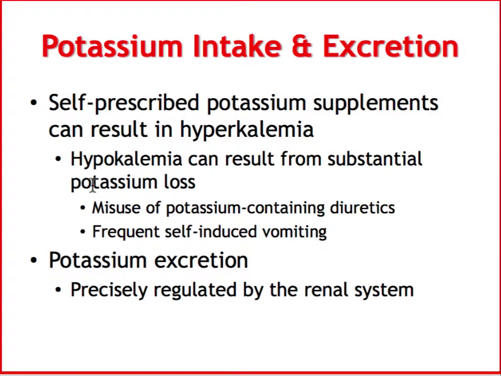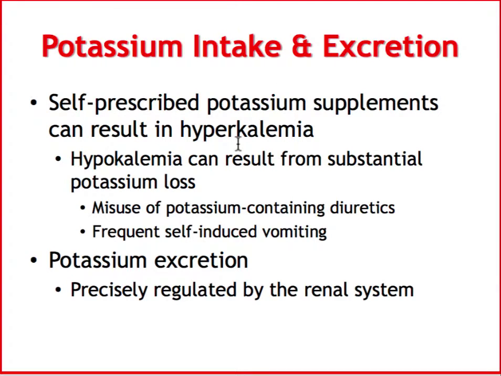Hypokalemia can also result in cardiac arrhythmias. It can be caused by diuretics. Some diuretics that are given to people with hypertension to lower their blood pressure cause potassium to be secreted in the urine, and that causes water loss into the urine. Then they urinate more frequently, and so people can become hypokalemic because they are taking diuretics that are not potassium sparing. Now they have potassium-sparing diuretics, because people were getting hypokalemia.